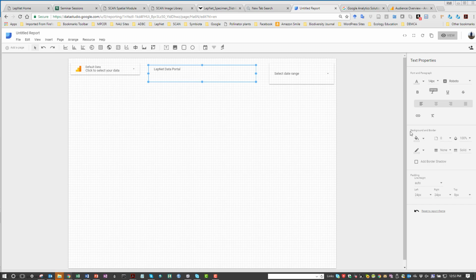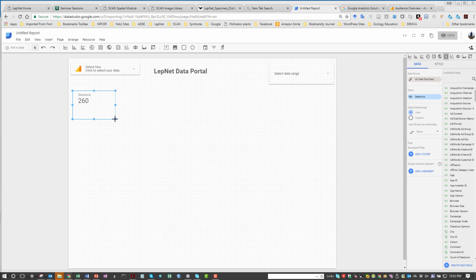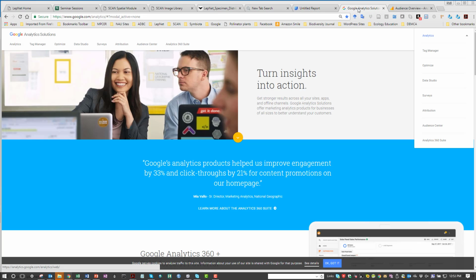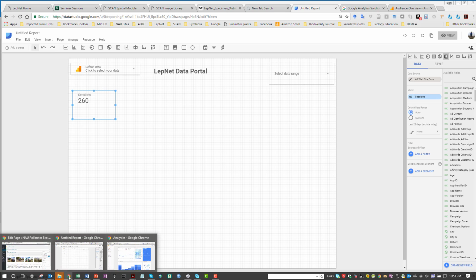Over here there are text properties. I'm going to increase it up to 28, and I'll make it bold. And then down here is where I'm going to insert my statistics. The first one is going to be sessions. If I forget what the metrics are that I want to display, I can go over to my Google Analytics